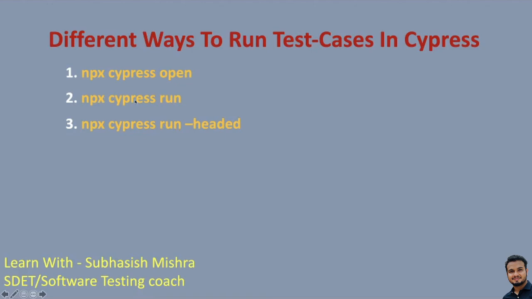In the command npx cypress run, it will run in the headless mode. Here it will run in the browser mode. The default one used will be the Electron browser. Okay. So we'll move to the next one. Then we learnt about how we can execute a particular spec file or particular test case. So here you can see we have given the particular path. Okay. npx cypress run --spec, and this is the file path, the one we are trying to execute.